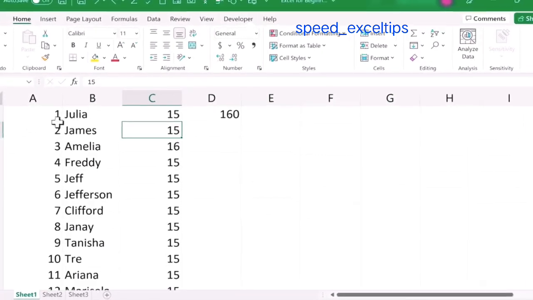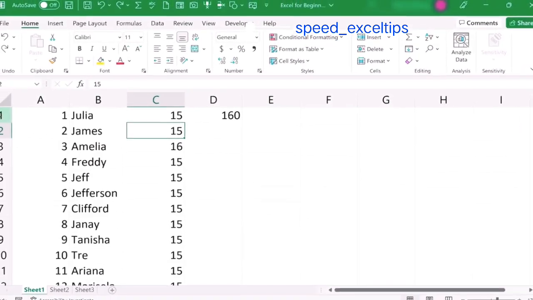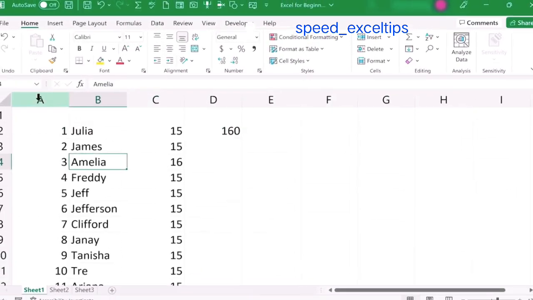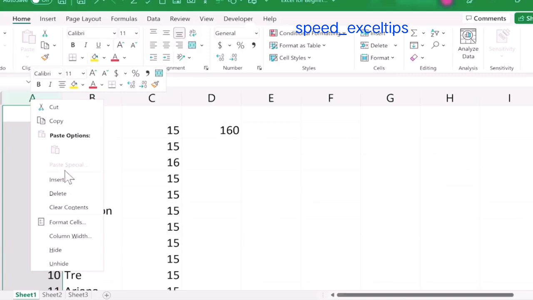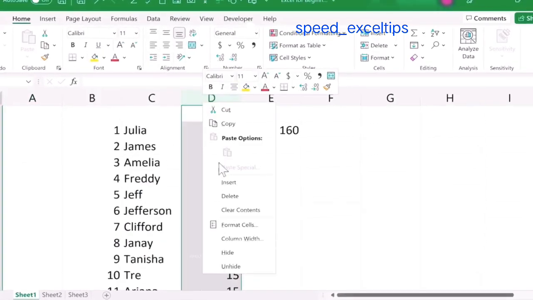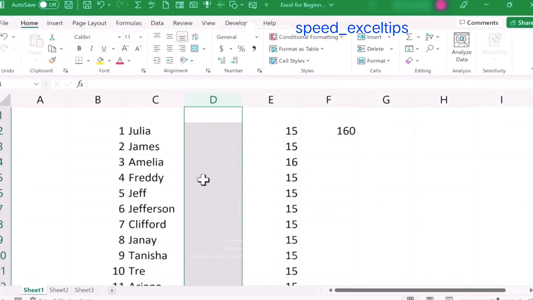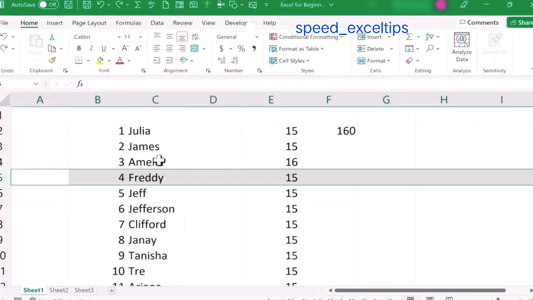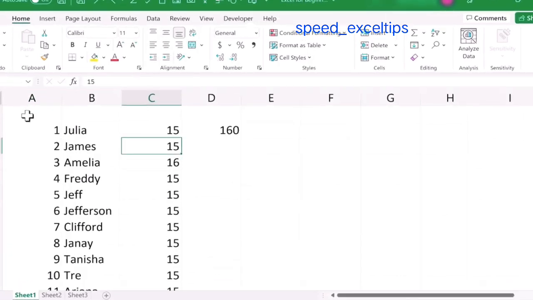If I need another blank row above row number 1, what can I do? Well, all I have to do is right-click on the number 1 and choose Insert. If I need a new blank column, all I need to do is right-click on, let's say, column A and choose Insert, and I get a column to the left of column A. I can also insert columns in between data, so I'll right-click on D, Insert, now I get a blank column between C and now E, and I can do the same with rows. I'm going to undo all of that to get back to this point where I just have a new blank